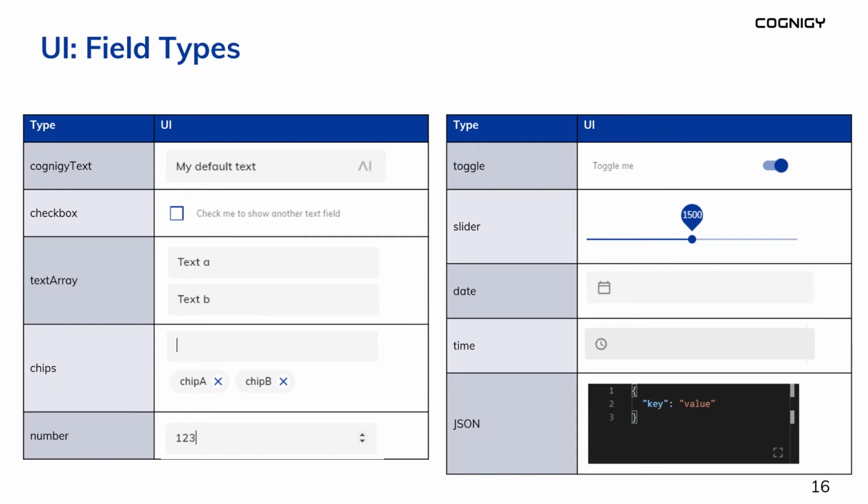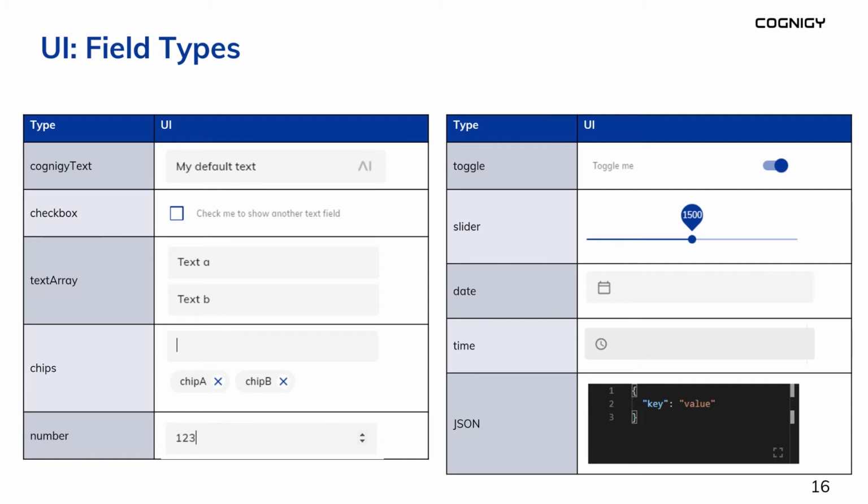Now, as for field types, maybe you remember all the Cognigy nodes are also written in the extension framework. So all the fields we have available in any Cognigy supplied node are also available in extensions. And here we're just showing a couple of them to show you what you can do in the Cognigy node editor. The probably most commonly used one on the upper left is the Cognigy text field. It's a single line text field that also has the Cognigy token editor icon with the AI icon there. We then have checkboxes. We have a text array field where when you enter one line, a new line appears. This will then later be exposed as a string array.